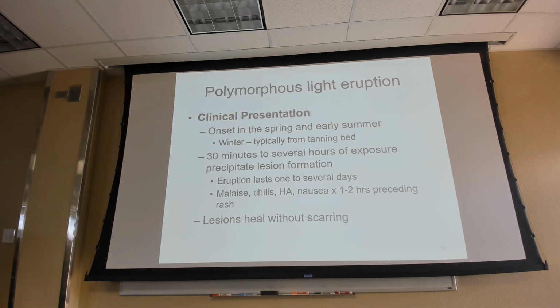So how will they come in and see us? The onset is usually in the spring and early summer. So outside right now, okay? Let's all go out there. Winter,